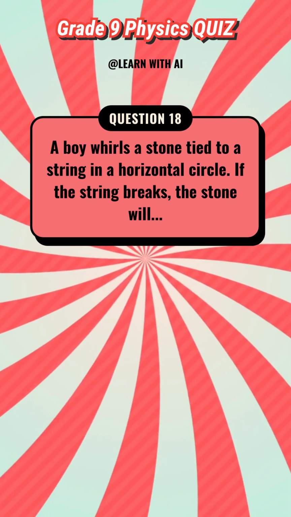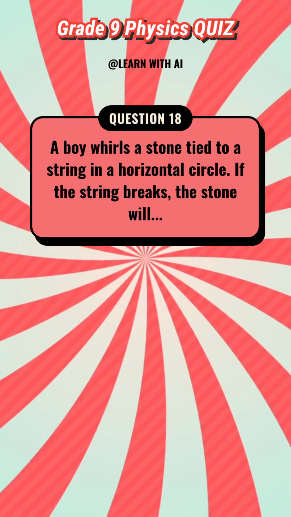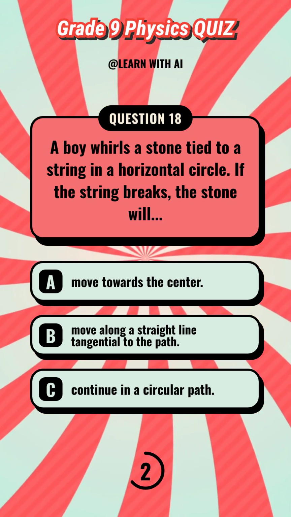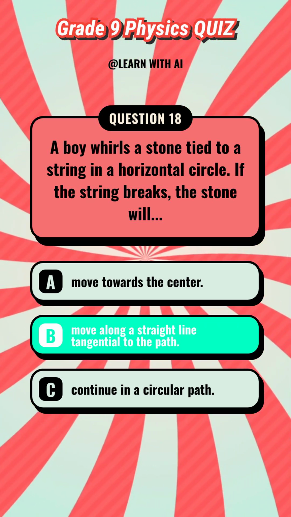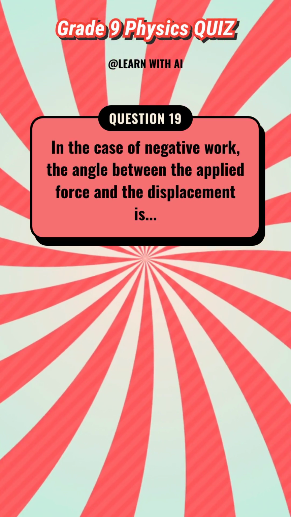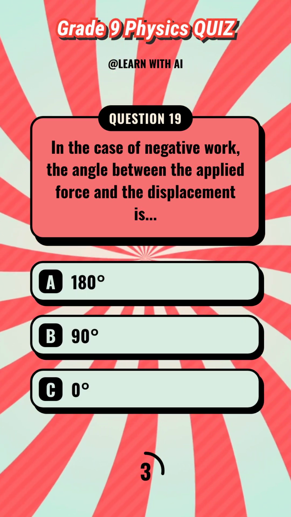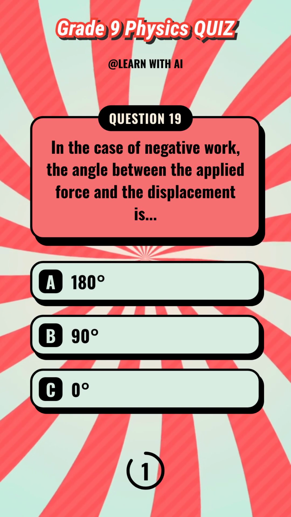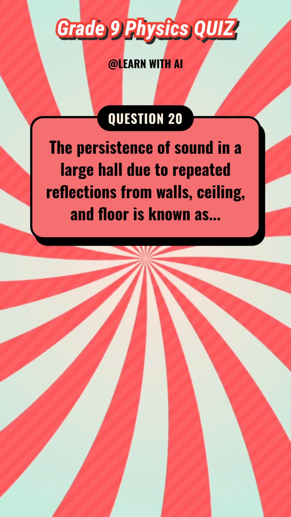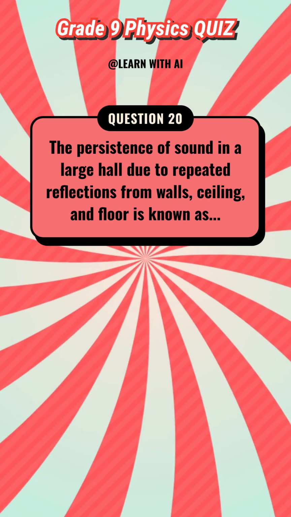A boy whirls a stone tied to a string in a horizontal circle. If the string breaks, the stone will. In the case of negative work, the angle between the applied force and the displacement is. The persistence of sound in a large hall due to repeated reflections from walls, ceiling, and floor is known as